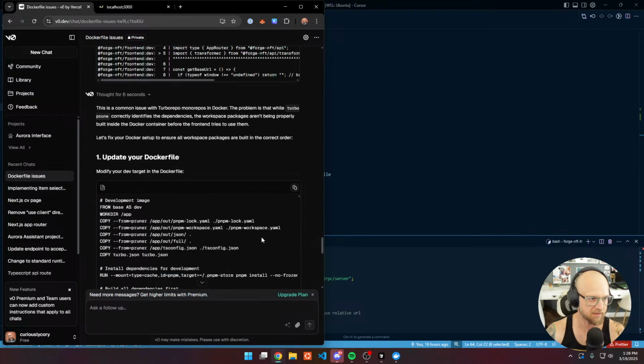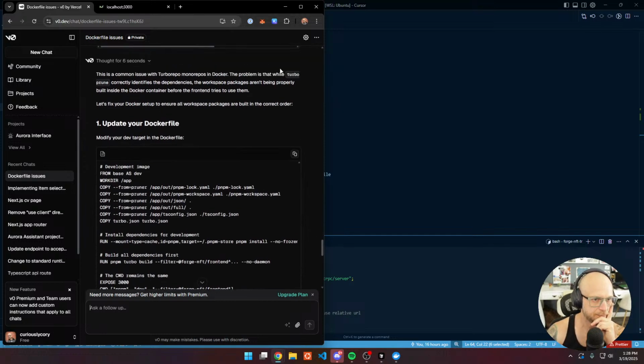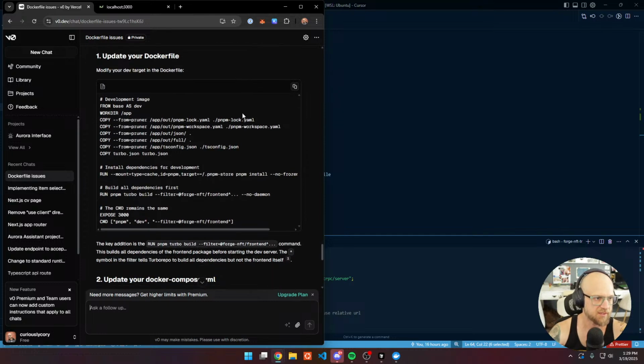Okay, so I have an issue. Well, Turbo Prune correctly identifies dependencies. The workspace packages aren't being properly built inside the Docker container. Okay, so